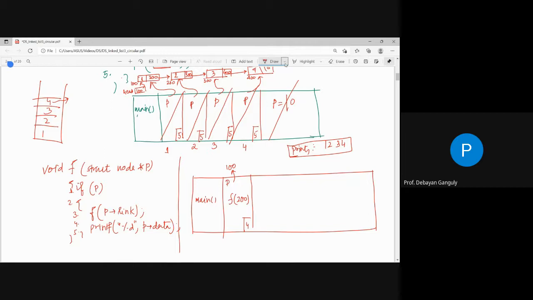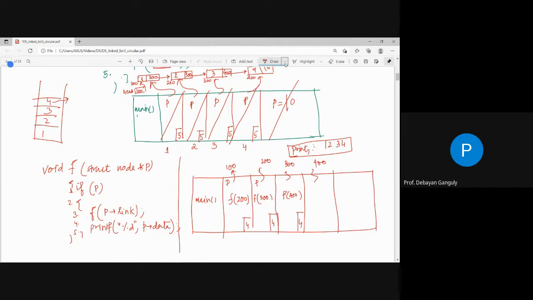But in this case, what am I calling? I am calling this particular function first, and after that there should be the printf statement. That means after completion of this function, then I can print it. That means line number 4 should be executed after the execution of this, that is, after the execution of the whole. Again here the pointer p that is pointing to 200, I am calling the corresponding function with 300, and after that I am executing the next line. That means I am not printing anything. It is 300. After 400, I have to execute line number 4, and then I am calling